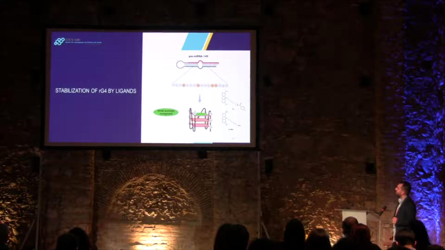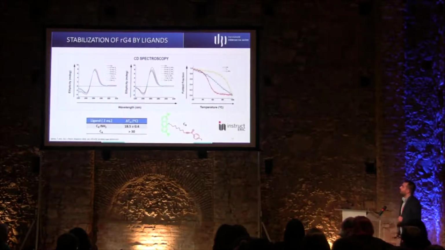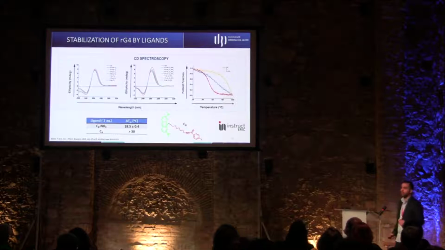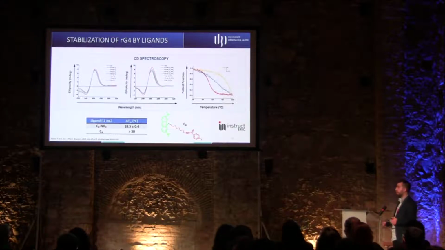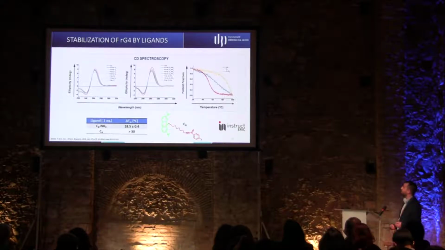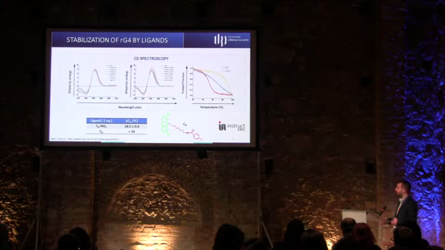Next, we assessed the stabilization of the G-plex by the ligands C8 and C8NH2. For this reason, we used CD melting experiments, which can show the melting temperature in the absence of the ligands, and in the presence of the ligands. And as we can see, the ligand C8 demonstrated a remarkable ability to stabilize the G-plex structure. Taking this into account, we only proceeded with our studies with C8 and not with C8NH2.